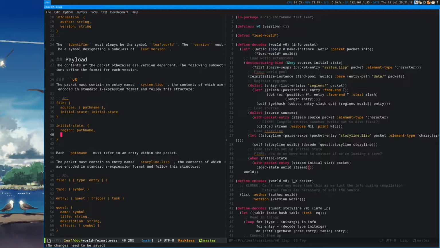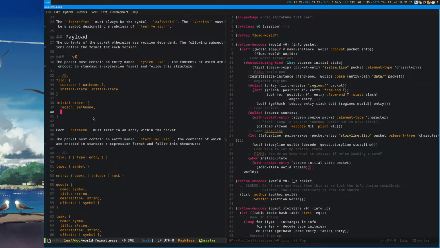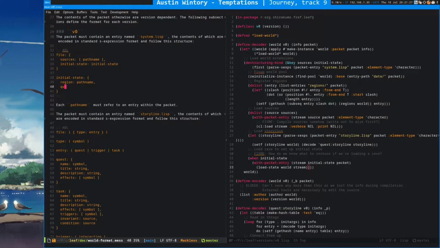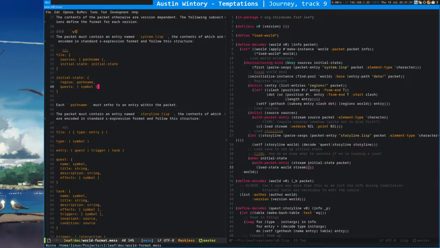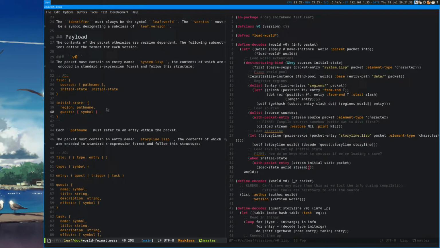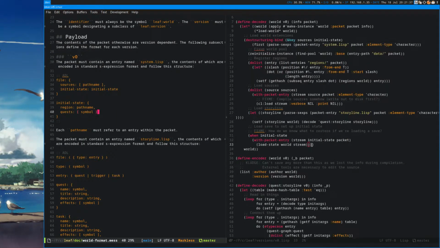It's fine, and then quests, which are named by symbols. Good. I think that's everything.